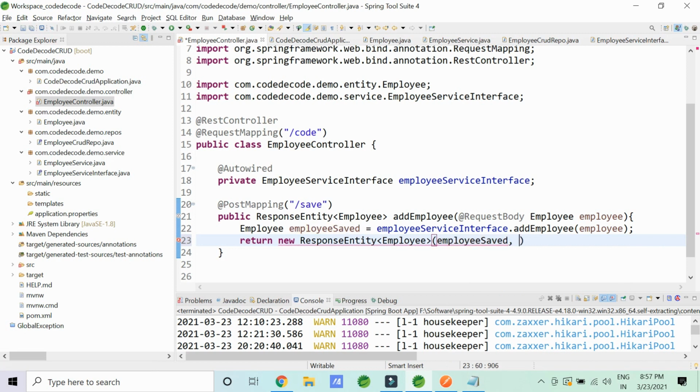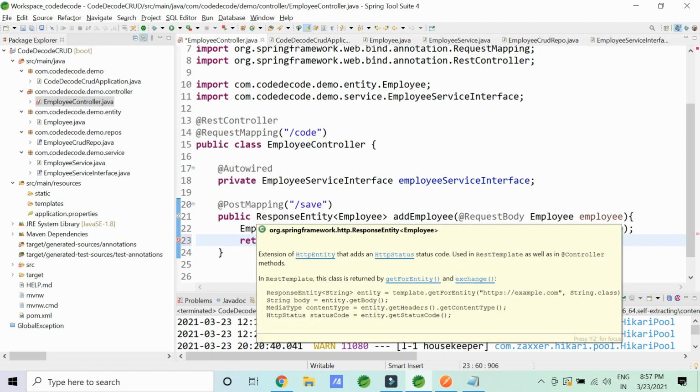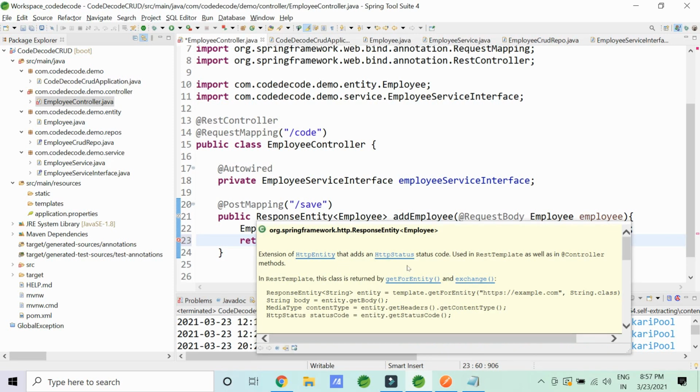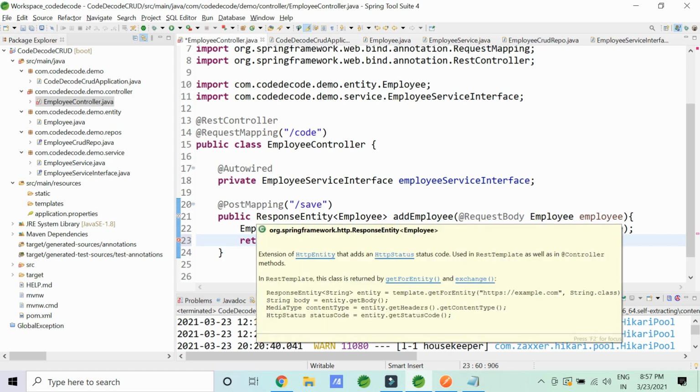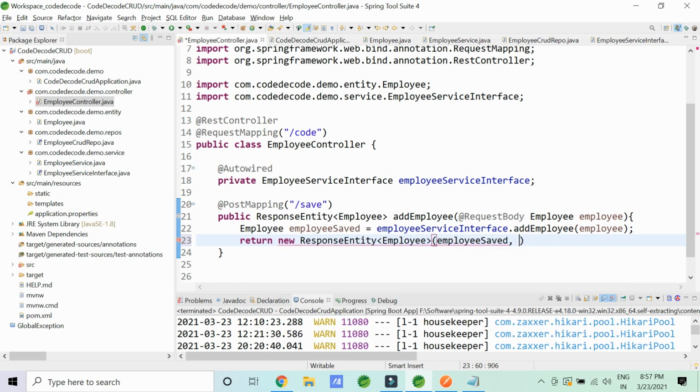So are you wondering what this ResponseEntity is all about? ResponseEntity is nothing but a beautiful object which is capable enough to be utilized to return anything to the client, say for example, the browser. It's just an extension of HttpEntity which adds the HTTP status code also. It is used in RestTemplates and controller methods. So basically I just want to say that this is one particular object which, as a single unit, can be returned to your client to tell it what happened inside the controller or service or the repository. The client just wants to know what happened using this one single object.